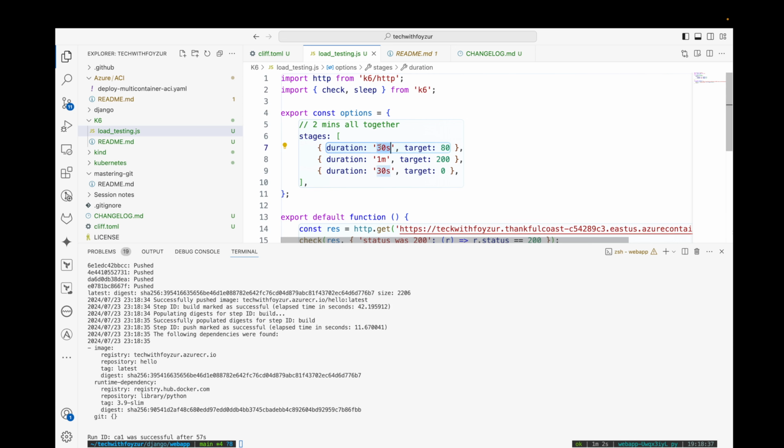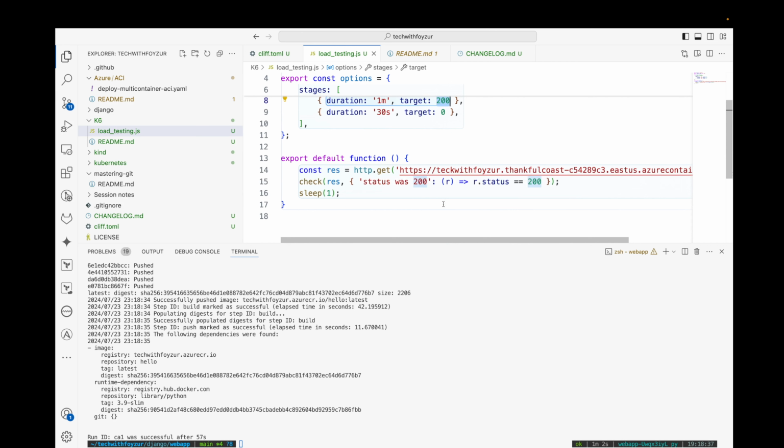So the first 30 seconds of my test, I'm going to start with 80 virtual users, and then after 30 seconds, the next minute I want to run with 200 virtual users, and then the last 30 seconds of our test, total is like 2 minutes. So after 1.5 minutes we want to ramp down to 0 users from 200, right? So I'm going to send a lot of traffic to my web page